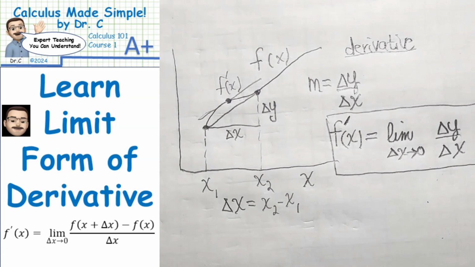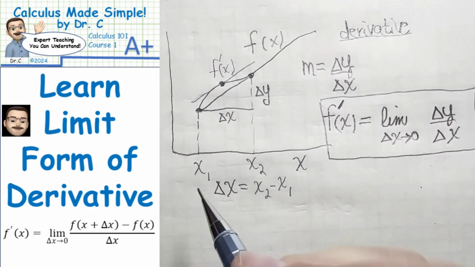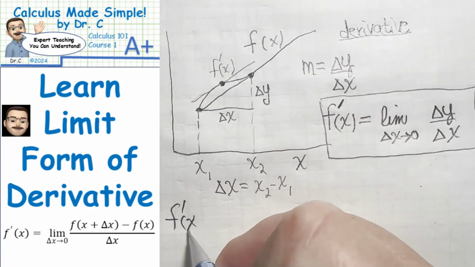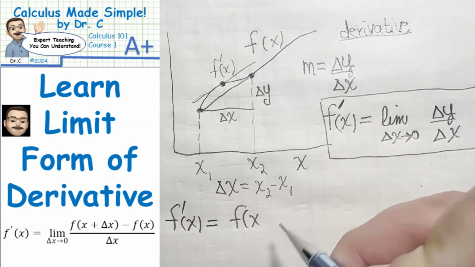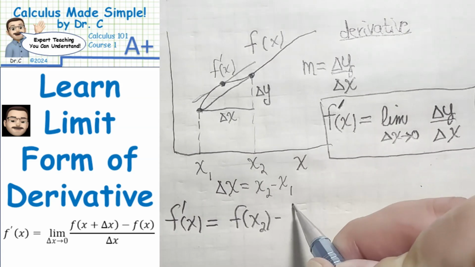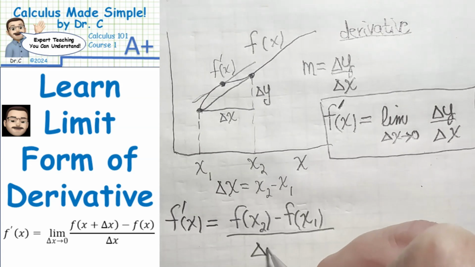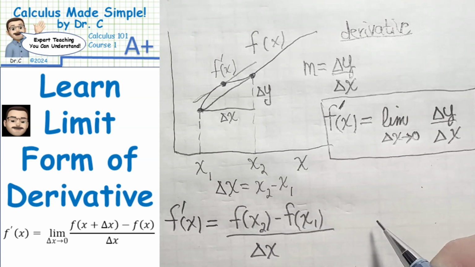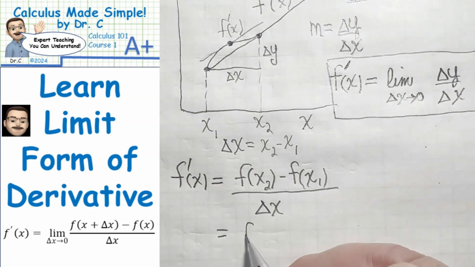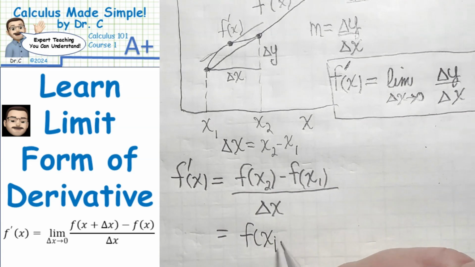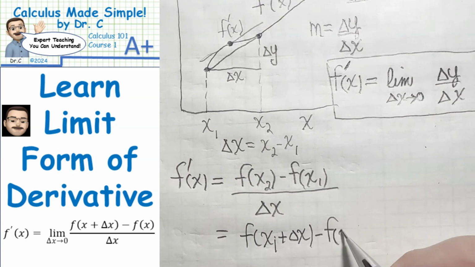We can get more detailed. So let's come down here. We're still on the screen. So let's go here. F prime of x is equal to delta y, which is f of x2 minus f of x1 divided by delta x. What's that equal to? Well, that's equal to f of x1 plus delta x minus f of x1